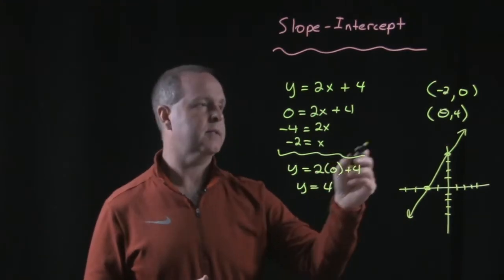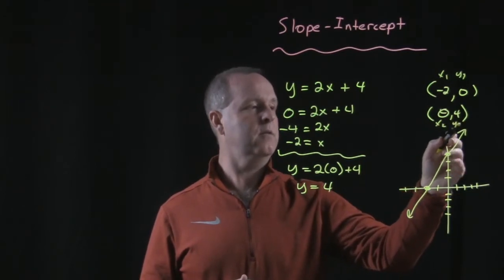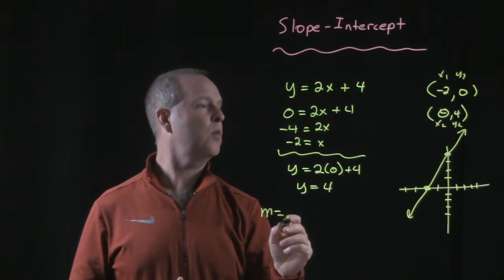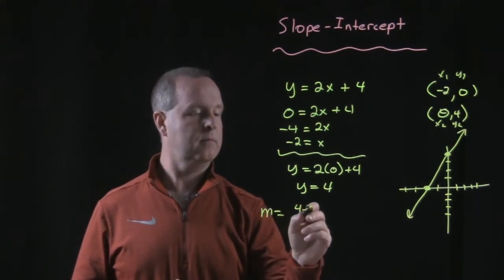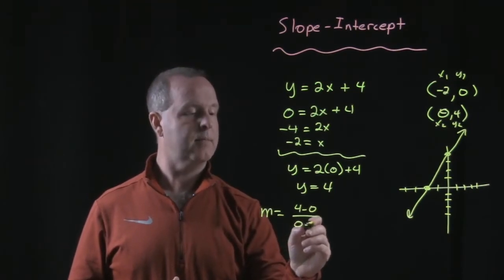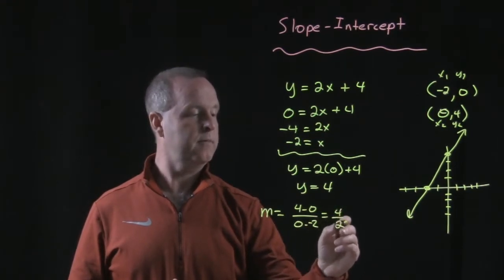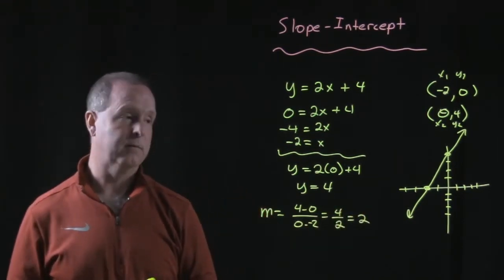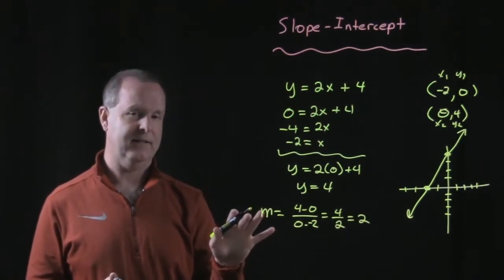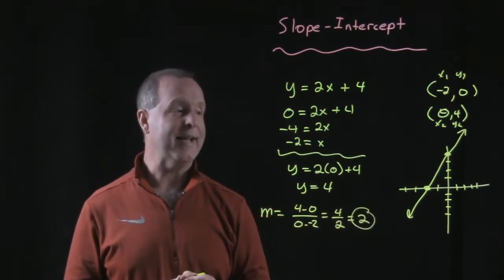Well, if I have 2 points, and I'll set this one as my x1, y1, and this is my x2, y2, I know the slope equals y2 minus y1, which is 4 minus 0, over my x2, which is 0, minus -2. And that equals 4 over 2, which equals 2. So there's a couple of observations that I want you to notice in this. Notice this slope, and notice what my y-intercept is,